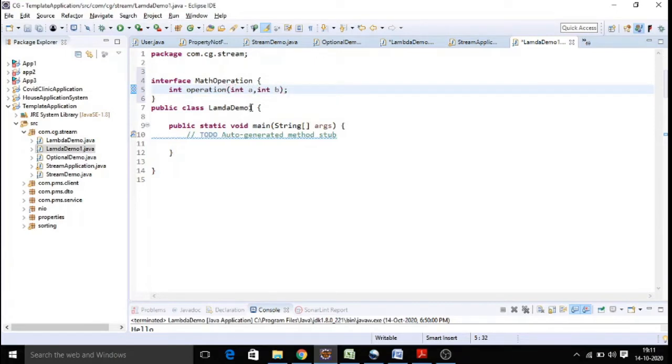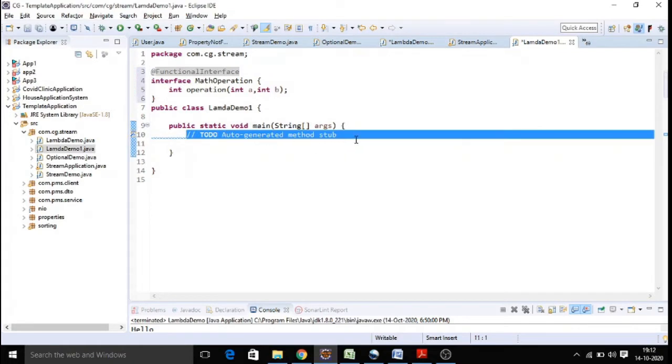It may perform addition, subtraction, multiplication, division, or the square of the sum of the two numbers, or any operation we can do. I want to make it a functional interface, so I am going to declare it as one. It has to be annotated with @FunctionalInterface. Then only it will be treated as a functional interface.